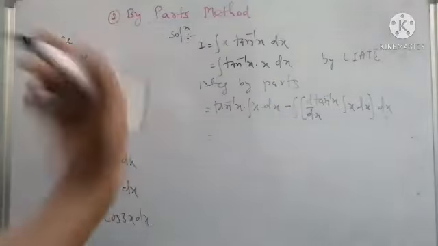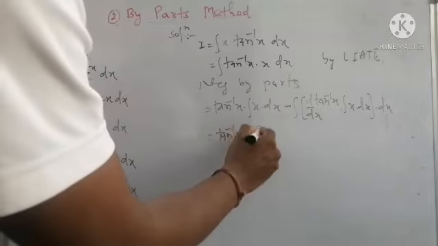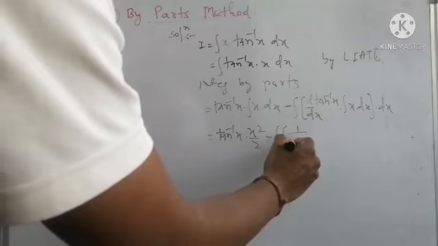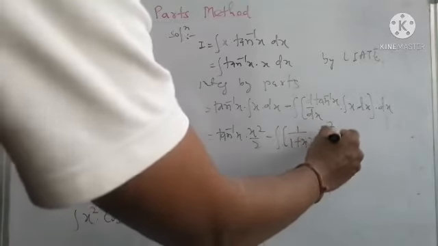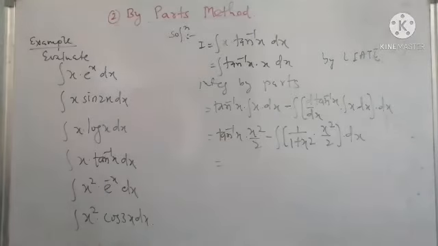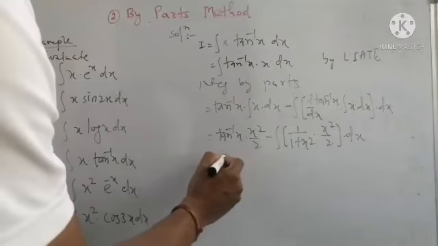Now simplification: tan inverse x remains as it is, and integration of x is x square by 2, minus integration of bracket, derivative of tan inverse x is 1 upon 1 plus x square, and integration of x is x square by 2, bracket complete into dx. Now again, as we did in logarithmic functions, in algebra we always take the logarithmic or inverse function on the right side. So x square by 2 into tan inverse of x